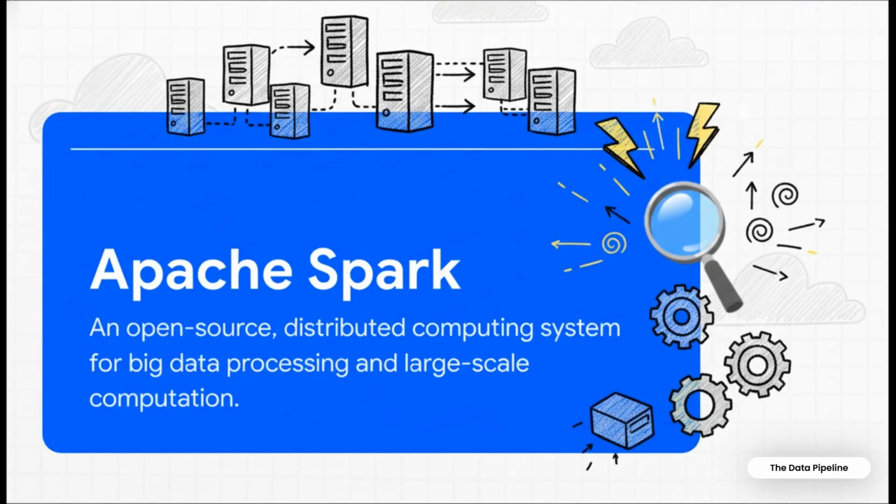So what is this engine, technically speaking? Well, Spark is this amazing open-source framework that lets you take these massive computational jobs and spread them out across a whole bunch of computers working together. It's famous for being incredibly fast, mostly because it does a lot of its work in memory. It's pretty much the gold standard for any kind of large-scale data work.